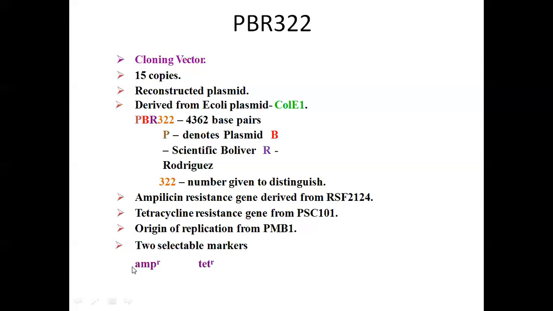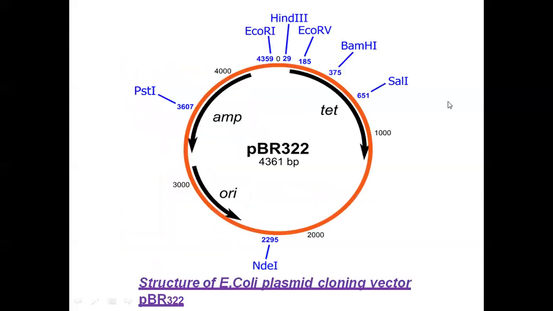This is useful because once the cloning experiment is over, you need to check whether your gene is properly functioning or not, along with these two selectable marker genes, because they are already there in the plasmid. If you can observe these two markers are functioning, then your inserted gene should be functional. So this is a typical picture of